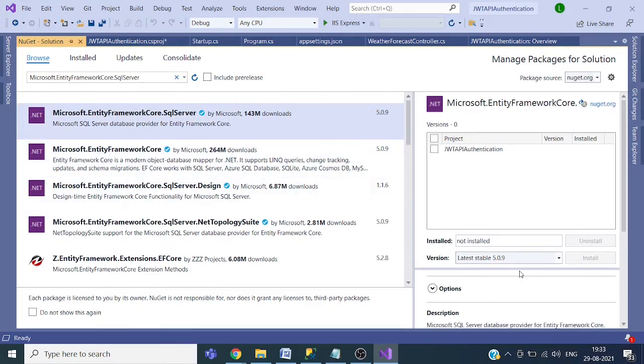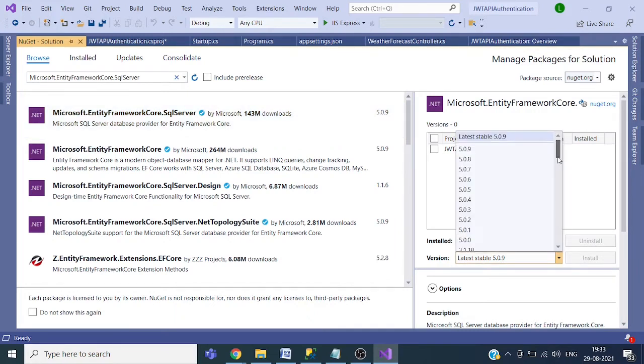Its current version is 5.0.9, but we need to add the version which is equivalent to our project version. Like we have selected .NET Core 3.1 for the project, so we will add all the packages which are for 3.1. So this is the last version in the 3.1 series. I will select this one, select the project, and click on install.